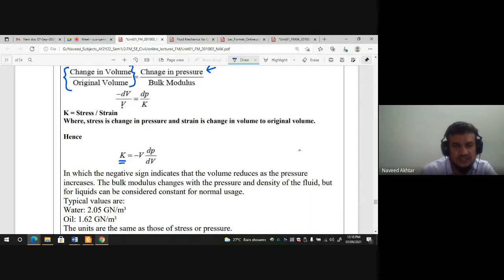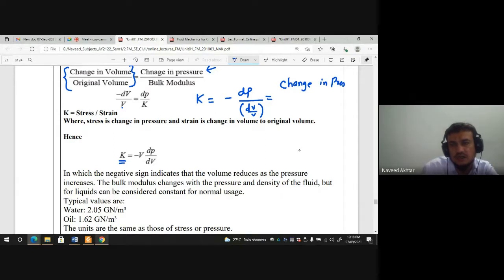it is K. If you write it like this, K is equal to minus dP upon dV upon V. So what is the bulk modulus? It is nothing but the change in pressure. dP is nothing but the change in pressure